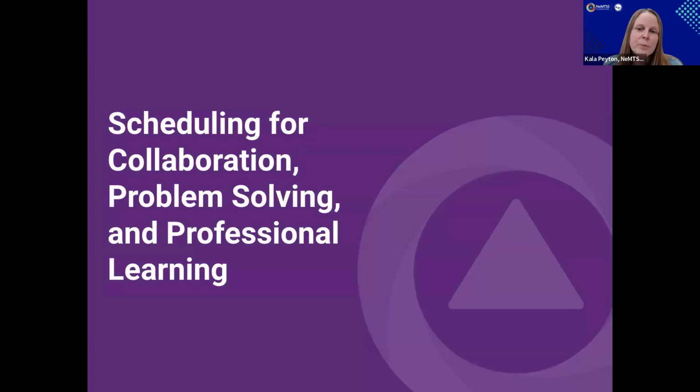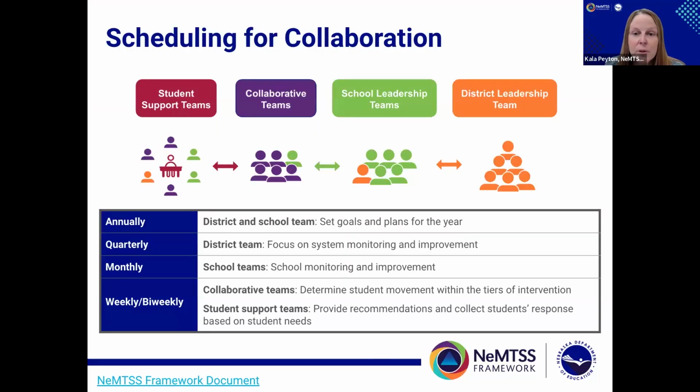A second essential piece of building a sound infrastructure with the master schedule is the ability to secure time in the already established schedule for teachers and educational leaders to engage in collaboration, problem solving, and professional learning. Two main components to consider when scheduling for collaboration are a district's teaming structure, as well as the processes, norms, and routines that each of those